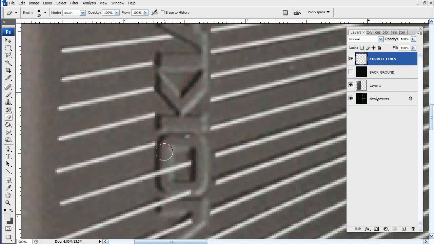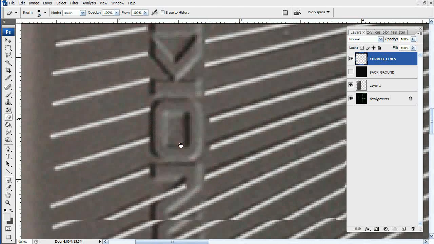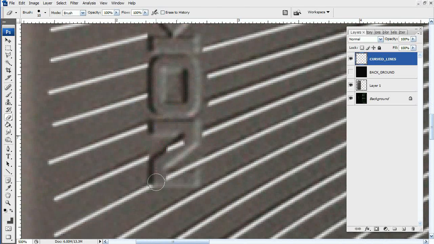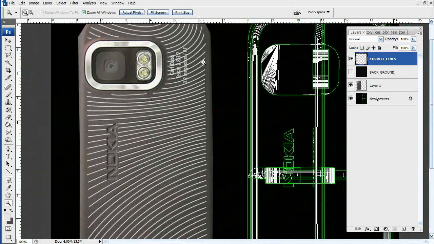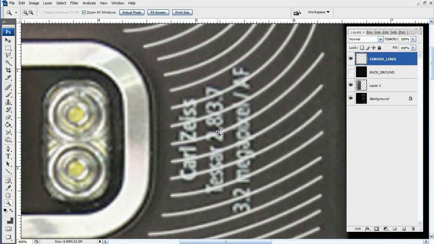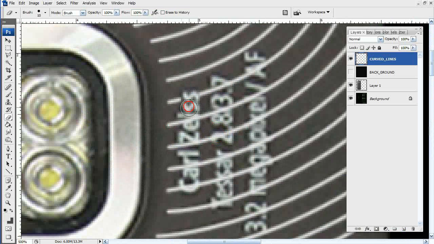You could make a much more perfect erasing, if there is such a verb, than me, but I'm actually hurrying because this tutorial is going to be way too long if I try to make it perfect. Just like so, this Carl Zeiss thing here,